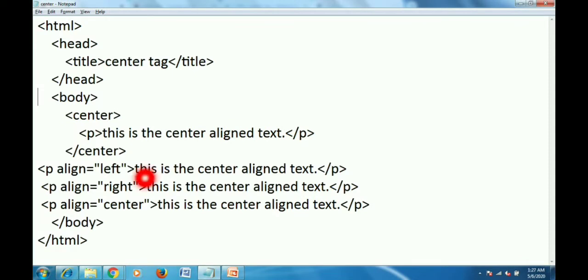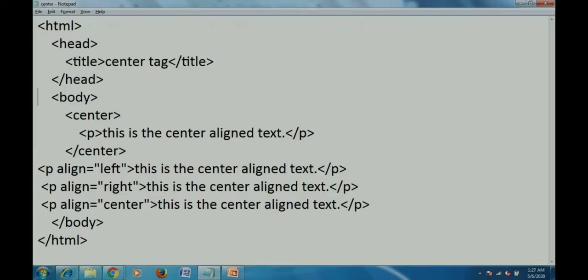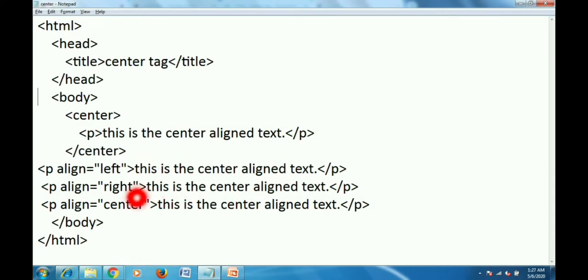Whereas in the next line I have used a p tag, where I have used the align attribute and set the value equal to left, and written some text and closed the p tag. Again I am using the align attribute as right. Again I am using the align attribute as center. Let's see, this is the left align text, this is the right align text, and this is the center align text. Fine, so we can do alignment this way as well by giving the align property of the p tag,